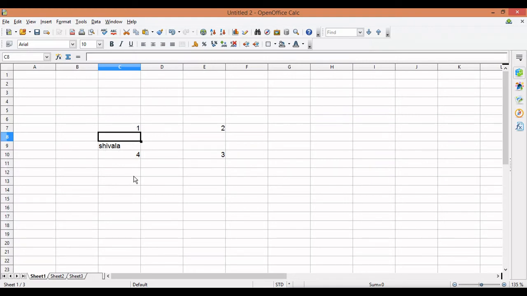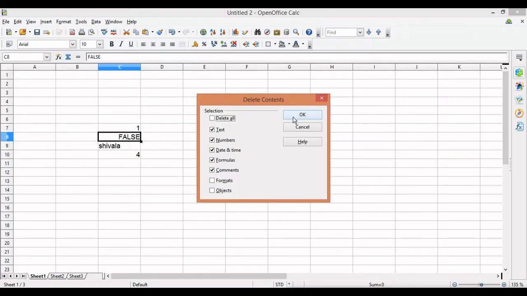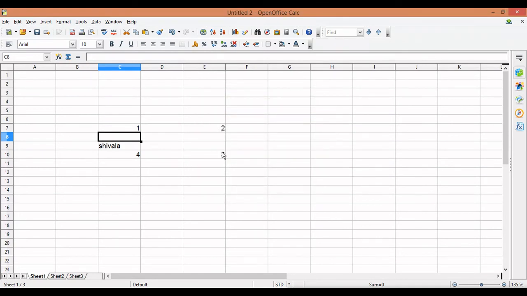Now if in place of the empty cell I use a boolean value, if I use FALSE maybe, can you see this? It is giving us the result as 4. That means COUNTA will count the text also, and COUNTA will count the logical values also. It will only ignore the empty cell. Why empty cell? Because if I delete a value and keep the cell empty, it will give us an answer of 3 in this particular cell range. So we have seen COUNT and then we have seen COUNTA.